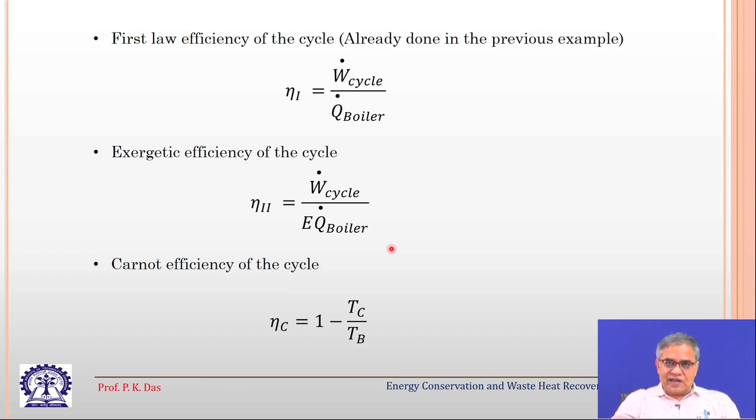So, this is an exercise left to you: have the three values of efficiency and try to see why these differences are there and what you can tell regarding the cycle from these differences,